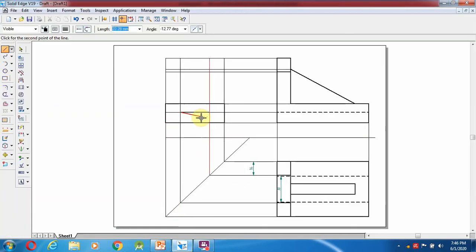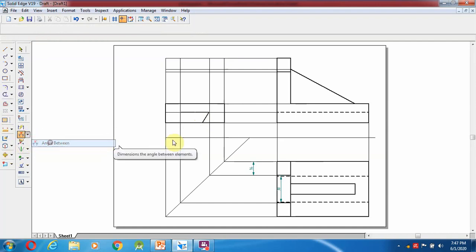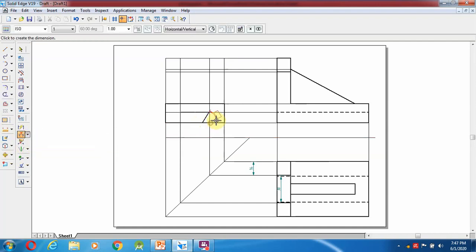So what I am going to do, from here I am going to make a minus. I think I am going to give 60 degrees over here. We'll check it. If anything goes wrong, we will change it. 60 degrees in the opposite direction. So trim it. This area, I am going to check the angle between this and this. So it is a 60 degree angle.